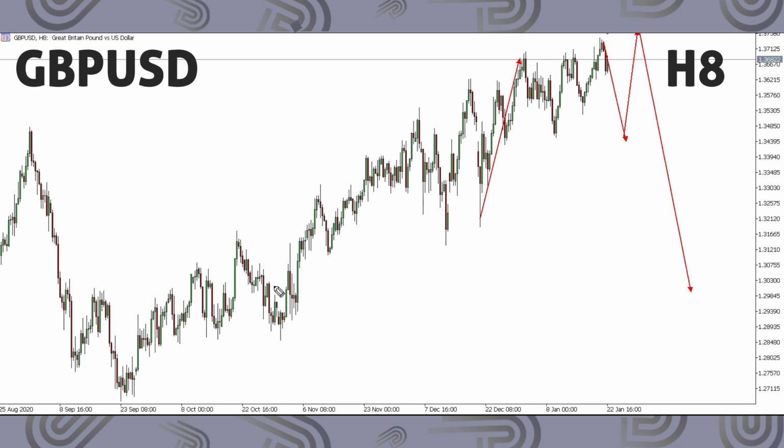We have GBP USD. For GBP USD, we've been focusing a down move like this. This is a down move that we've been focusing. From here, we forecasted this up move. We said we're expecting this up move, and then price got to this point. Then from this point, we said we are expecting to get this corrective structure, get this last up move, and